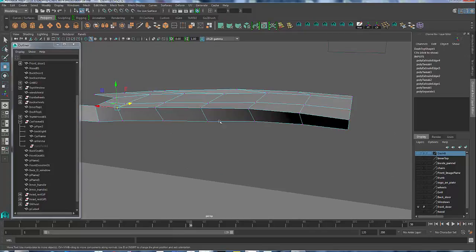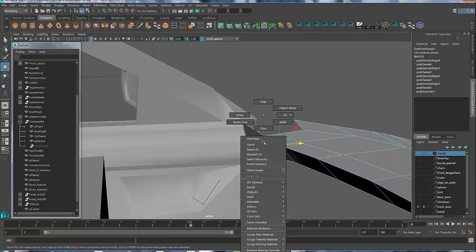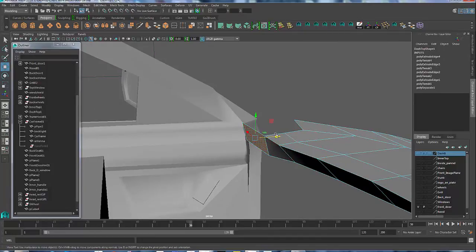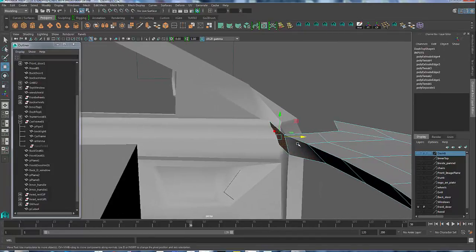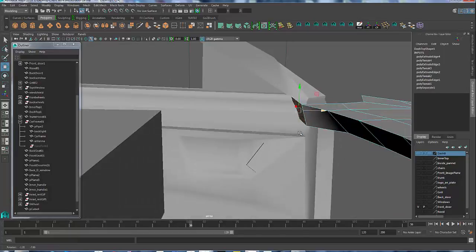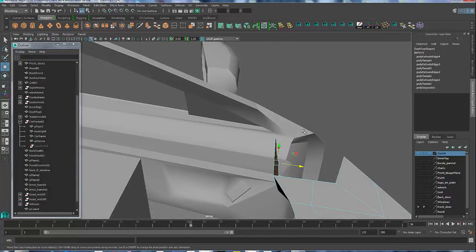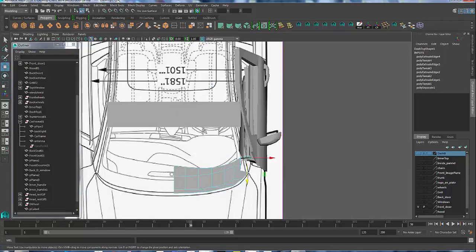Like I mentioned before, I do need to fix parts of the door. So actually I need to move this part of the door back so that